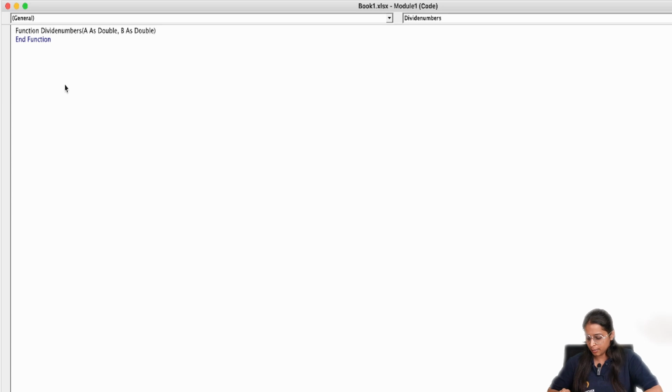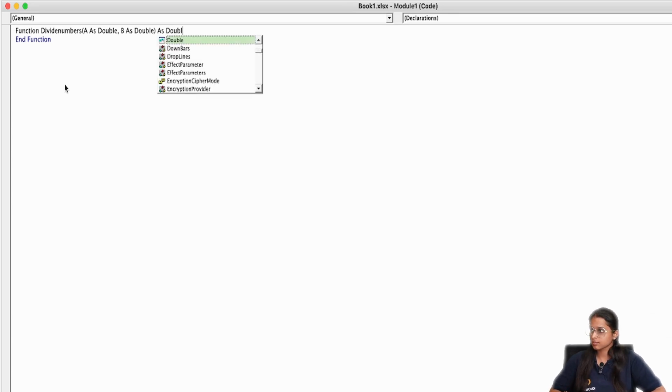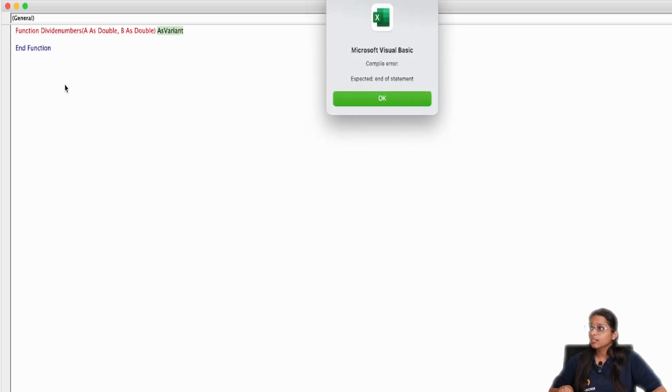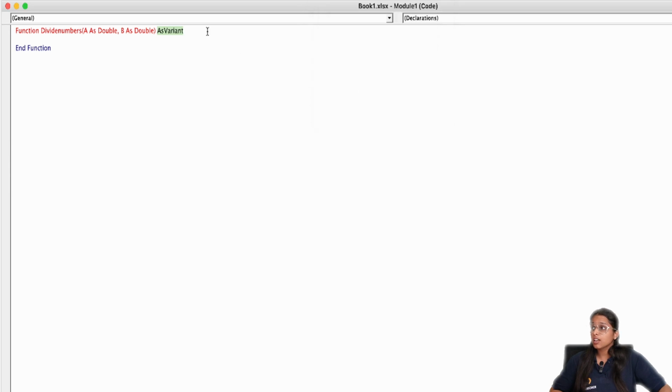Then as double, or you can write here as variant. Now we'll add. It is showing me error because I forgot to add a space here.